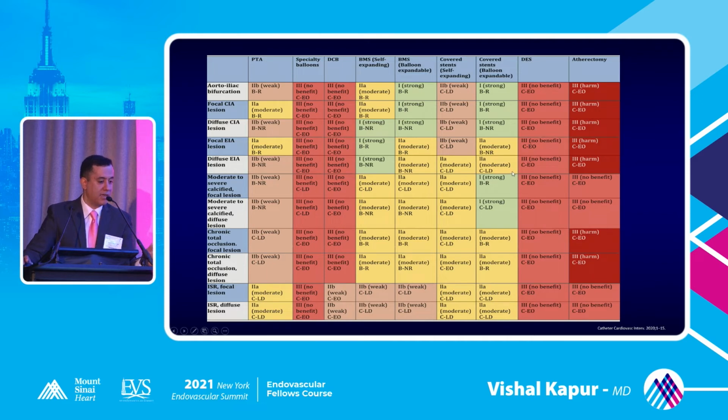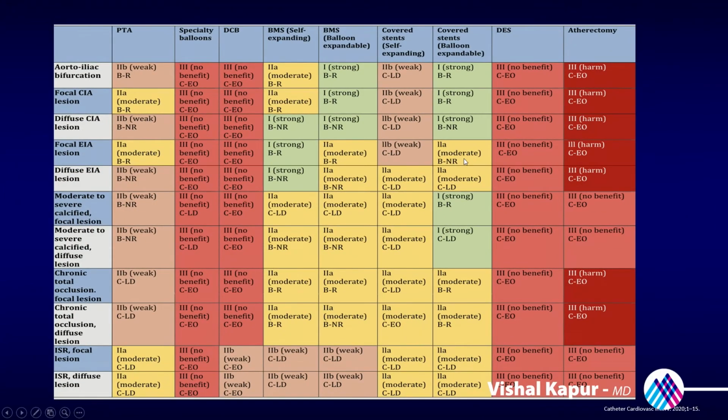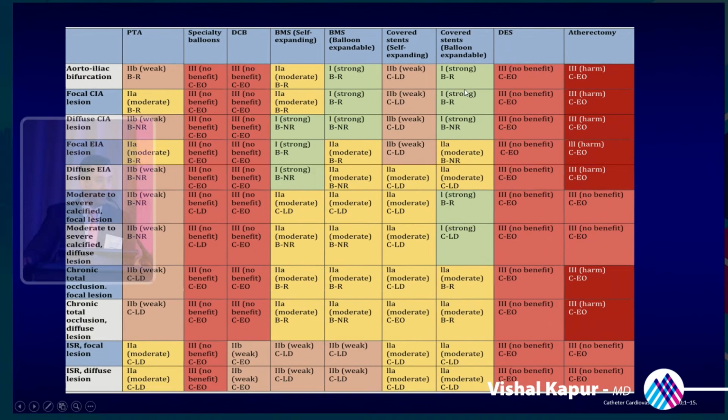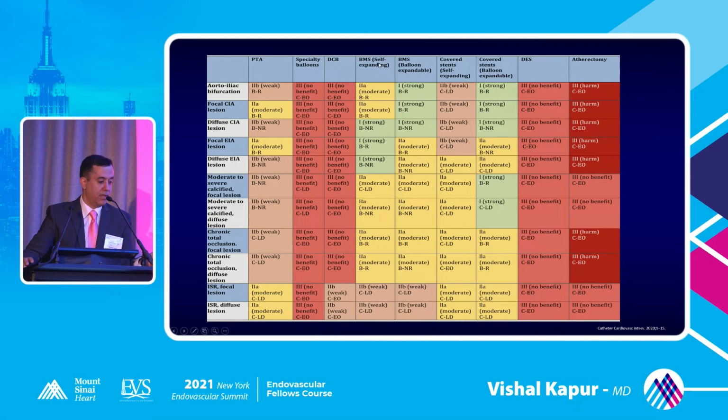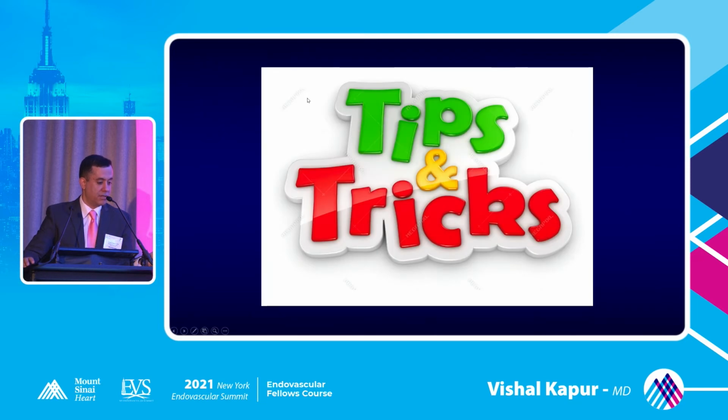So atherectomy, technically per the guidelines, I know there is one of those devices which is approved for atherectomy of iliacs. We'll talk about it later, but based purely on guidelines as of now, atherectomy is not indicated, or it's rarely appropriate, I would say, in iliac disease. So it's mainly stenting, and PTA is the treatment of choice in all the iliac diseases, and these are various permutations and combinations for you to look at.